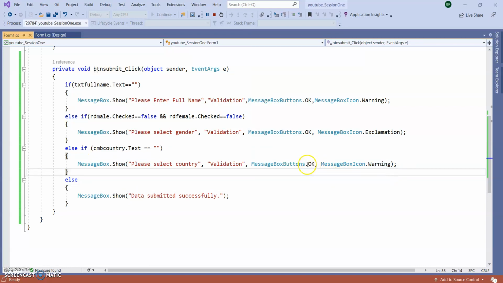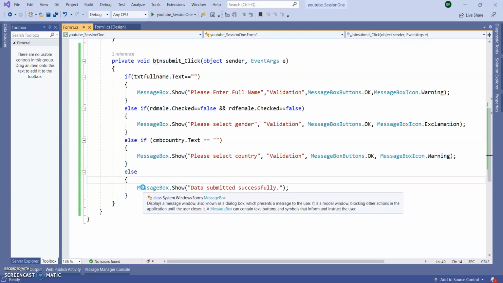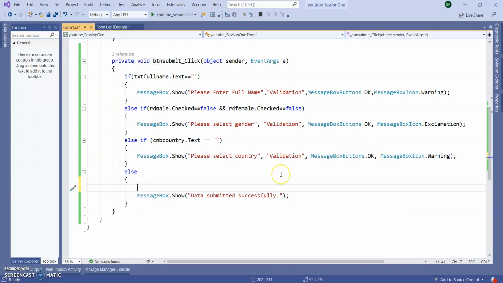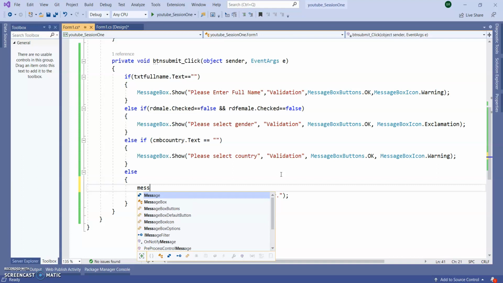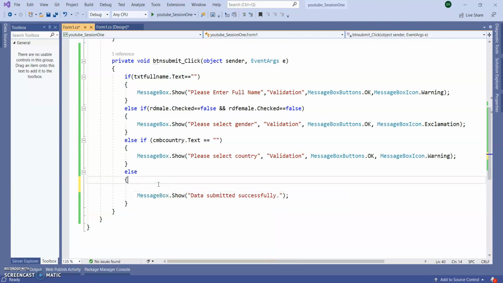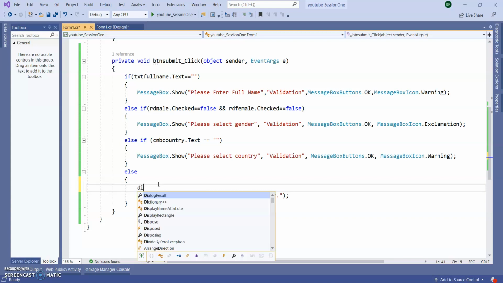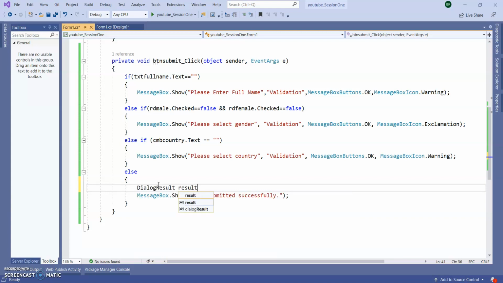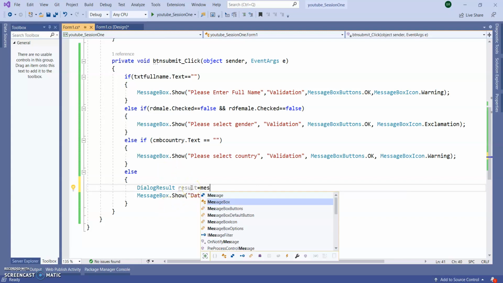So already we saw there are different buttons, OK, cancel, yes, no. So how to handle the message box button result? For this, I'm going to add one more functionality to handle the buttons. So I'm giving DialogResult. Let's say result equal to, I'm giving one more message box here, MessageBox dot Show.